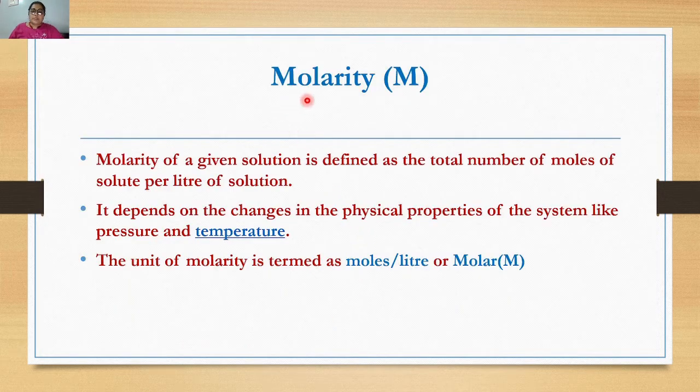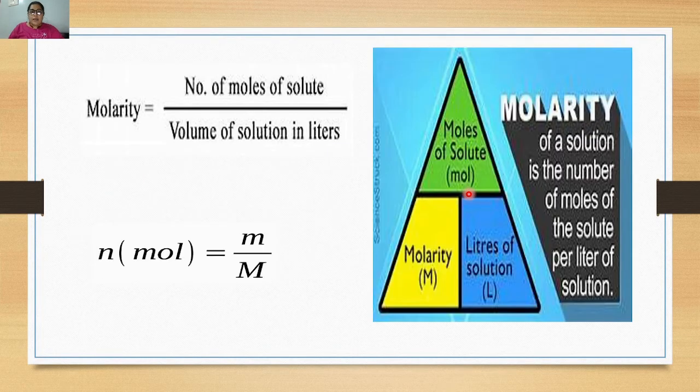The next method is molarity. The molarity of a given solution is defined as the total number of moles of solute per liter of solution. Its unit is moles per liter or molar, and it is dependent on temperature, as we can see here that the molarity is the number of moles of solute divided by volume of solution in liters, and volume of solution